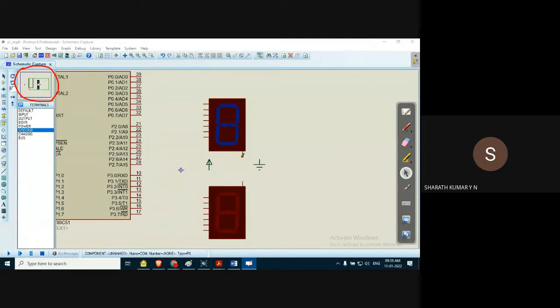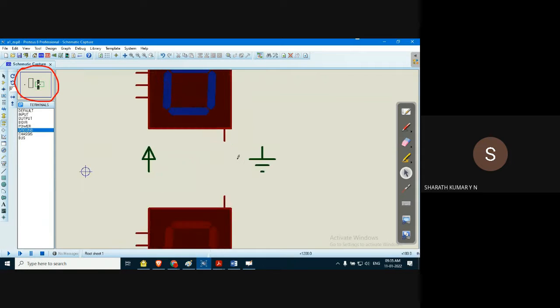Let me zoom in. You can see the red rectangle, so that indicates it's an editable node, which is used for connecting multiple components using a wire. Similarly, you can notice that rectangle symbol appears, so you can make a connection. You just drag it, you need not click it. Click once and start dragging, so that you can connect it to wherever you want. Very simple. Is that okay, guys?